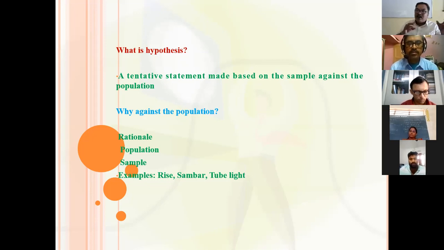This is the argument I made out of a sample of 60 students, but it is applicable to the complete class, the whole universe, the whole education system. When you study more, you will get more marks. So it's universal. That means I am going to universalize my opinion, my argument.